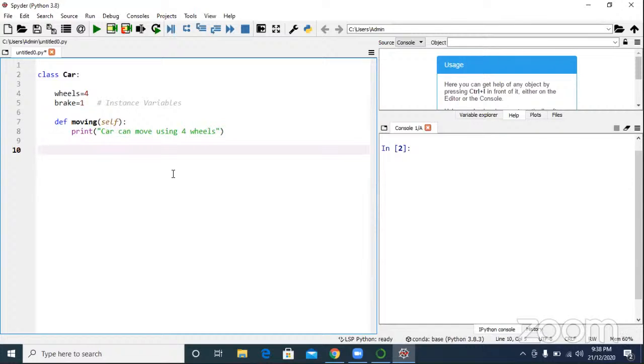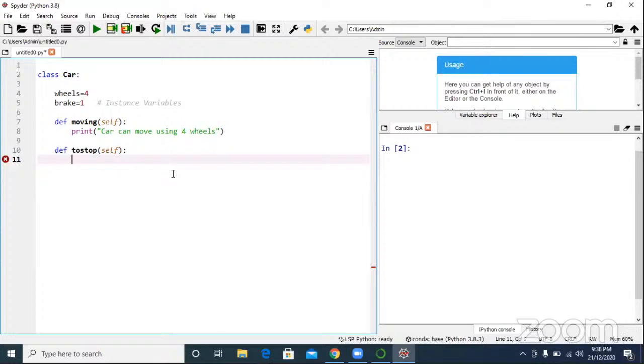So a class contains instance variables. A class contains method. I have one more method, self. Basically, self is nothing but it's a default argument.